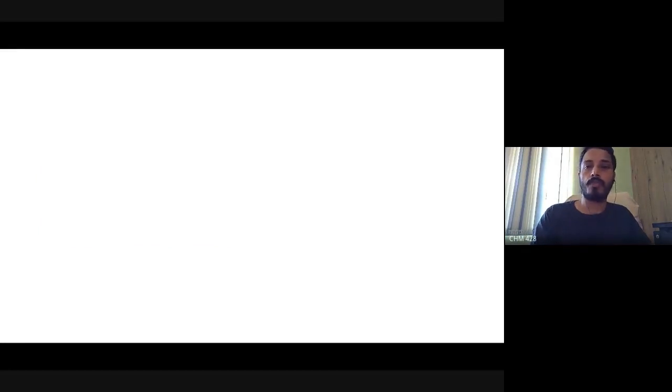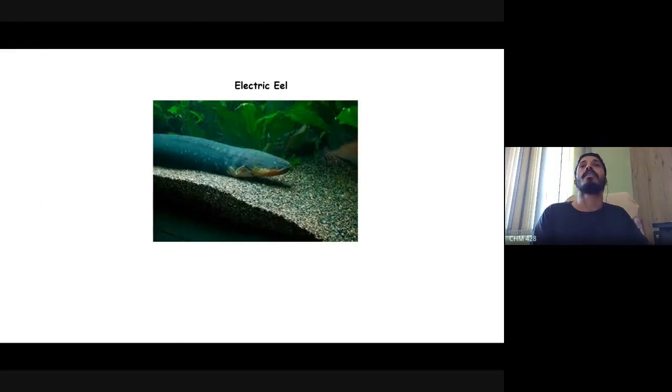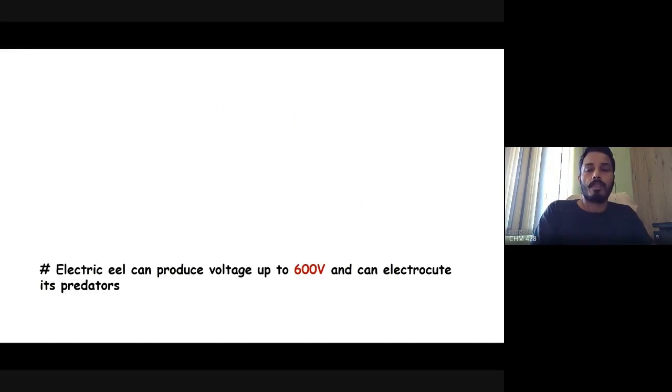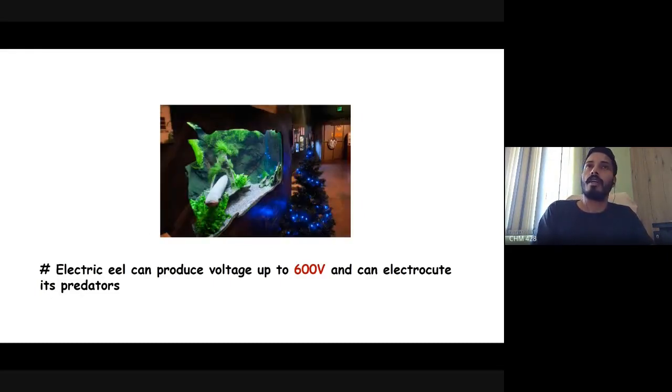If you take the case of the electric eel, which is another blind fish, its body contains thousands of tiny batteries and it can produce even voltage up to 600 volts. I mentioned this one in one of the previous lectures, I remember. Not for you people, but for a different course. And if you are smart enough, you can light up your Christmas tree with an electric eel. People have done that already.